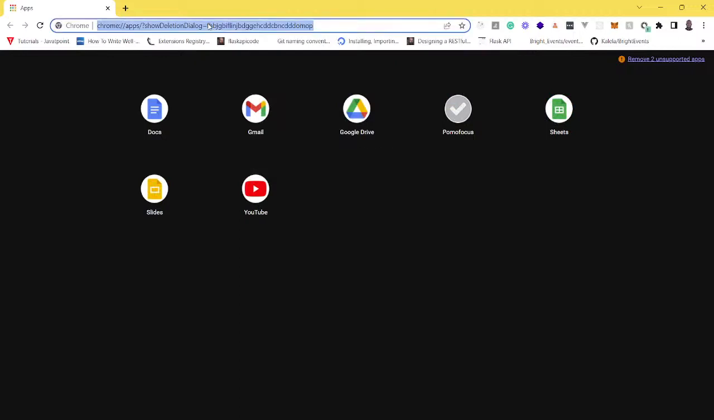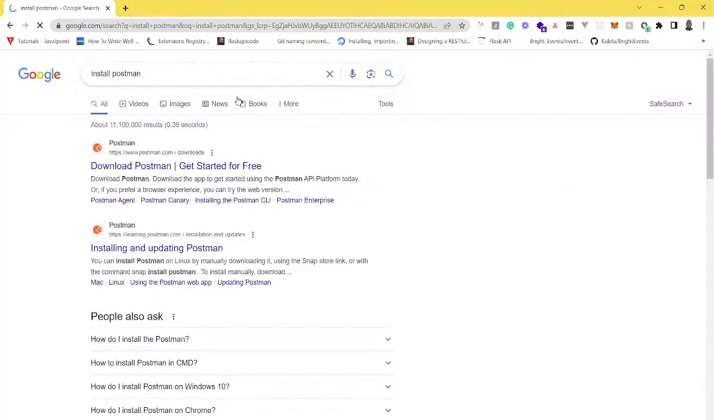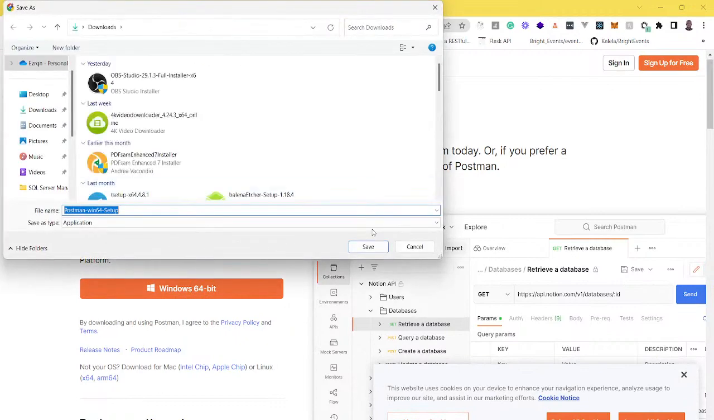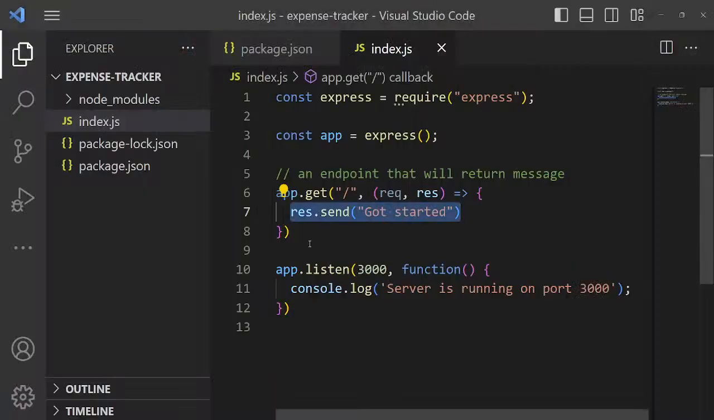So I'll need to install Postman as we do our coding. So we'll just install Postman as we continue with our coding. Nice. So for this case, we have got started with Node.js. So the next thing that I will be walking through is